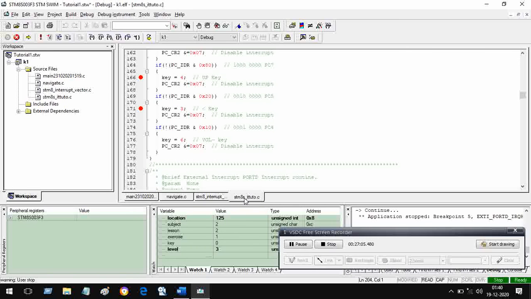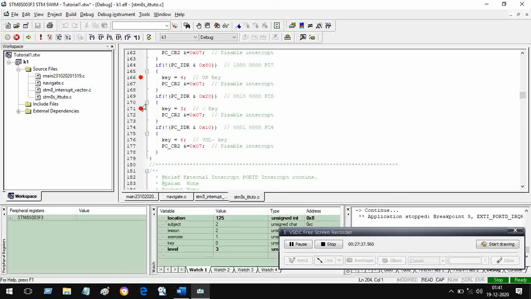Let us run it now for the final time, without any breakpoints. How will you know what has happened? When we run without any breakpoint, it will run at full speed, and we will have to stop it to see what has happened after we press the keys.